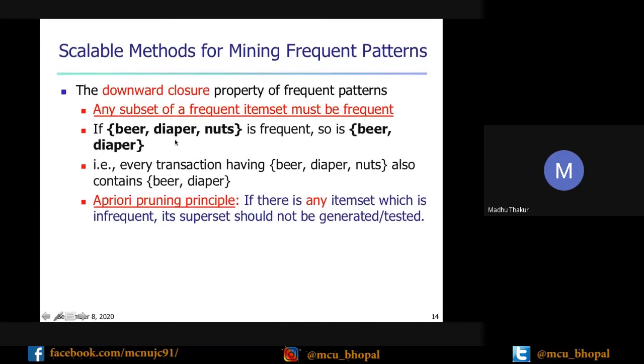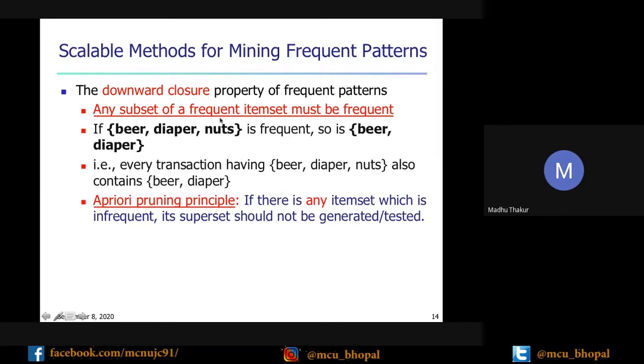If it is frequent, then if you generate subsets of this, the 2-size subsets may be beer and diaper, beer and nuts, and diaper and nuts. So we will generate three 2-size subsets, and all should be frequent. Similarly, for single-item sets, beer itself should be frequent, diaper should be frequent, and nuts also.